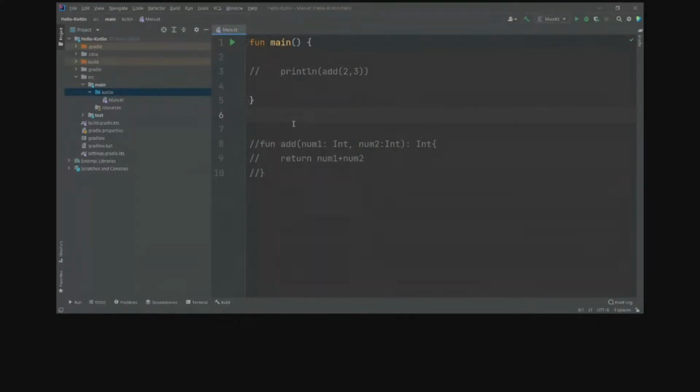Without OOPs, I believe you cannot develop any app, simply because when you develop Android apps, you will be creating many classes, many objects, and you will be returning objects from the functions. You will not return the simple int or string. You will be returning objects. So for that, I have a piece of code written here. I'll explain the code.